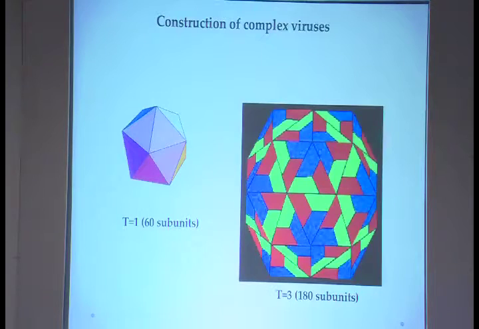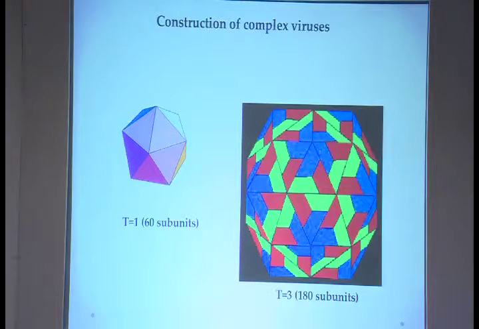Now again, just to show you a little bit of detail, this is a T equals 1 virus particle, this is a T equals 3 virus particle. So if you look very carefully, in this case, one triangular face is made up of only one protein, so there's no complication. Now when you come to this sort of arrangement, which is made up of 180 subunits, here if you just delineate one triangular component, right? You can see that this is made up of 3 different gene products. So you have something in blue, something in red, something in green,